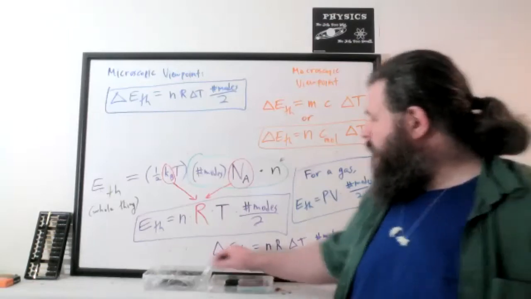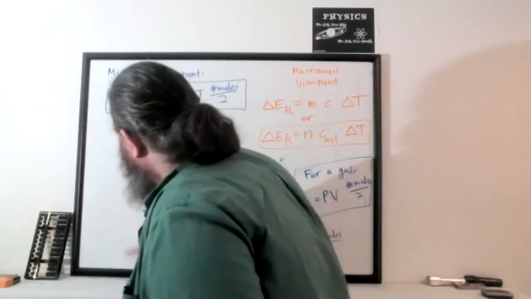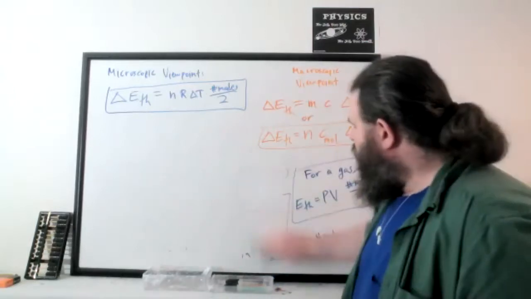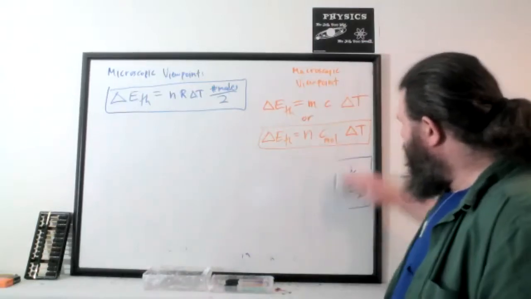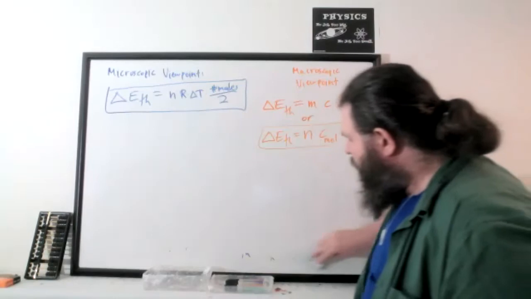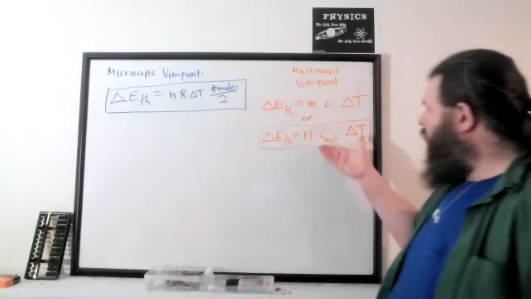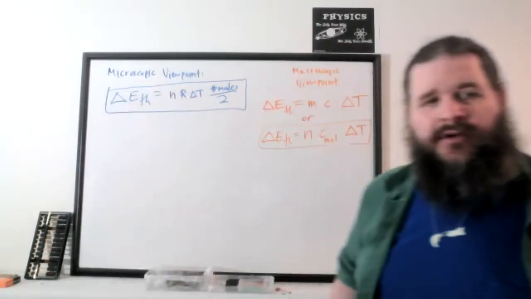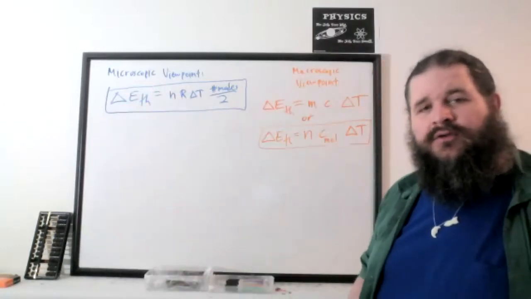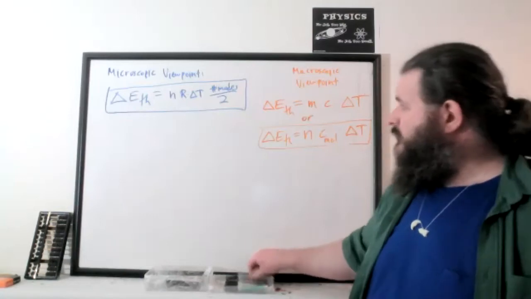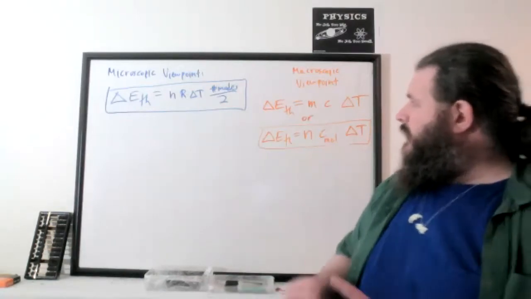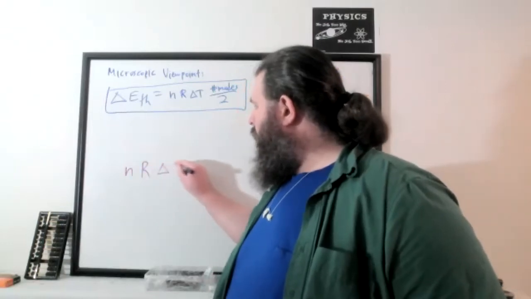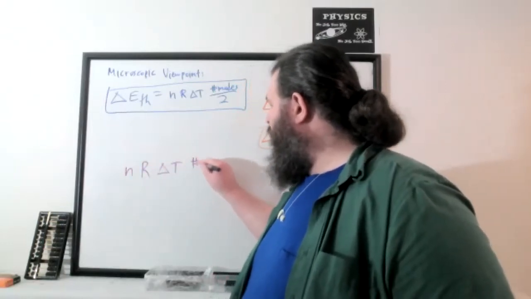Yeah, we can set these formulas equal to each other. This is one of the most useful things you can do in a case like this. Anytime you know that two formulas, two mathematical expressions equal the same thing, like in this case, this formula equals delta E thermal, and this formula also equals the same delta E thermal, we can set those formulas equal to each other to get more information about the situation. So let's try that. Let's take our microscopic formula in terms of the individual molecules and how many modes they have,